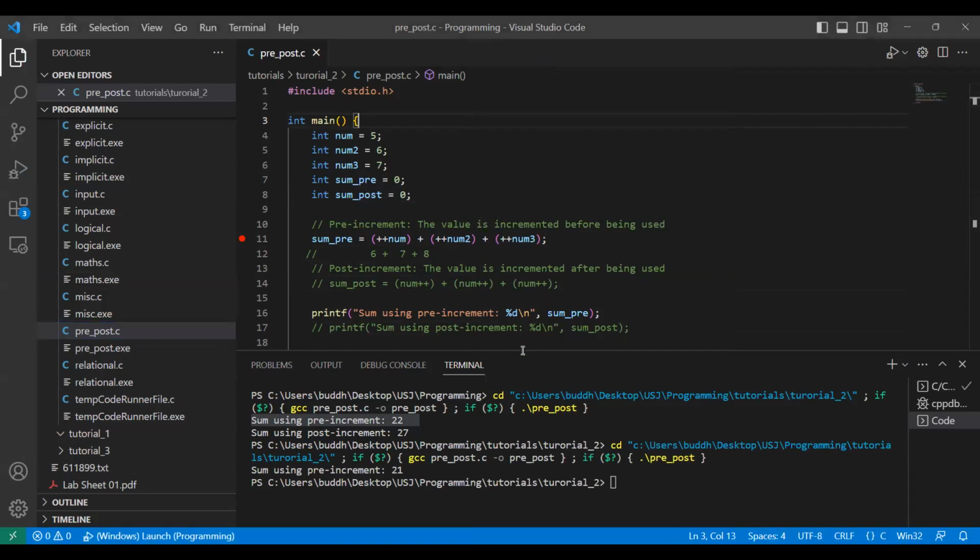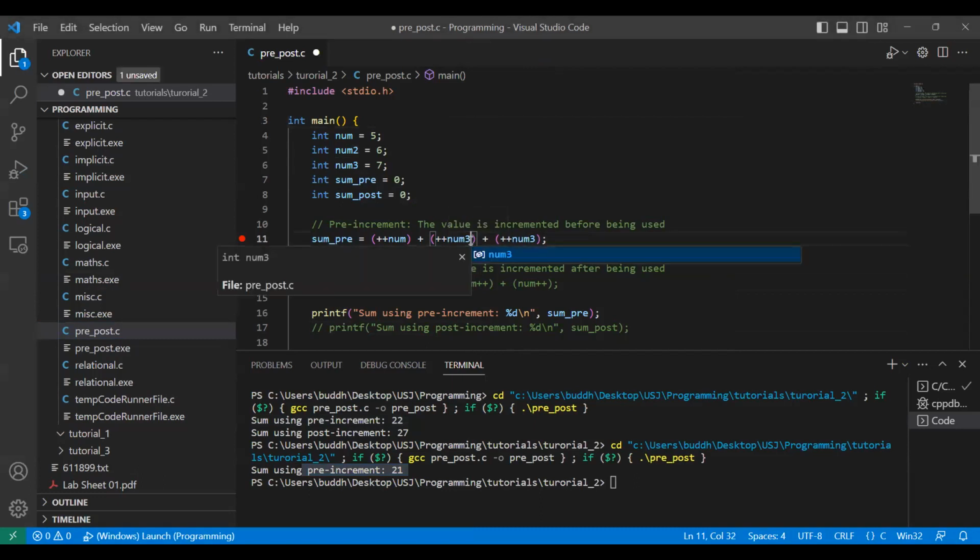Right, you can see that one, right? So actually the value should be 21 as I explained that day, but we change here to the num again. So plus num should be incremented to 6, and then it is incremented again to 7, and again to 8, and this should be the summation of 6, 7, and 8, which should be 21. But when we do this one,